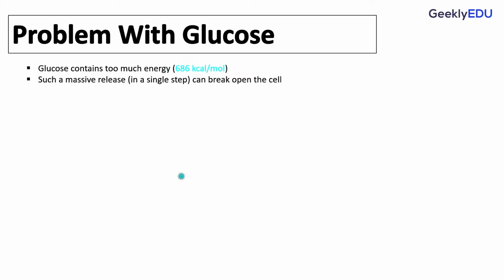So what do you do? The same thing that we do with dams. We release the water gradually in small pockets and then you make the electricity. In the same way, you can't use glucose every now and then. It's too risky. So you use glucose to store energy in smaller pockets that you call ATP, adenosine triphosphate.